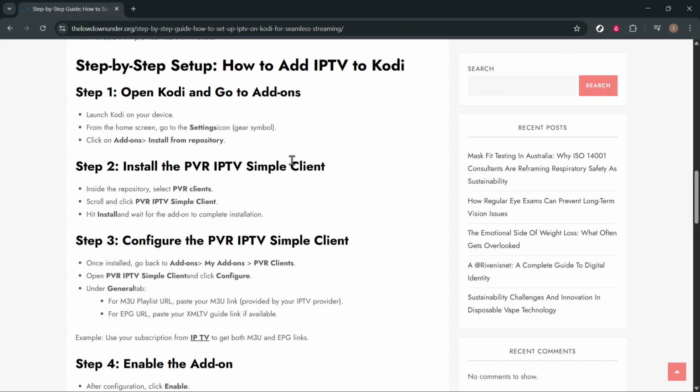How to use Kodi for IPTV. So to be able to use Kodi for IPTV, first go ahead and open Kodi and launch Kodi on your device. From the home screen, go to settings and then click on add-ons, install from repository, and